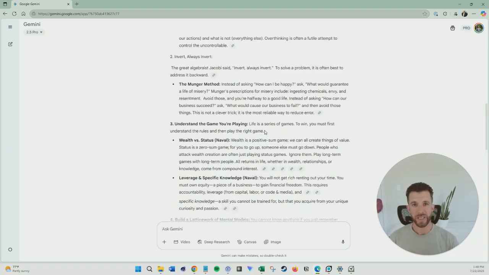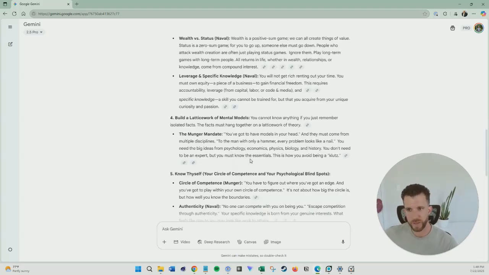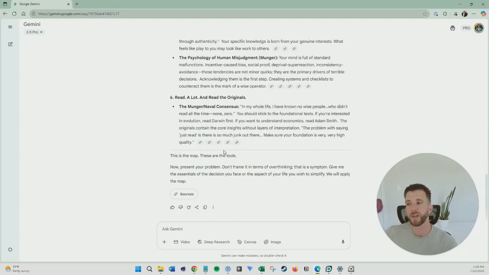it's nice to read, obviously, the works of these people, but for me, it's better to remember all of what I read when I apply it to a specific problem that I have, right? So this is what we're doing. We're building a latticework of mental models. So this is all stuff that is referenced from all these great books that were written by all these great thinkers. So now I'm going to take a problem that I have